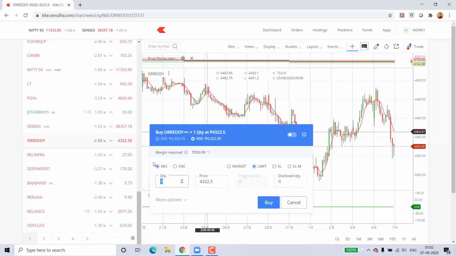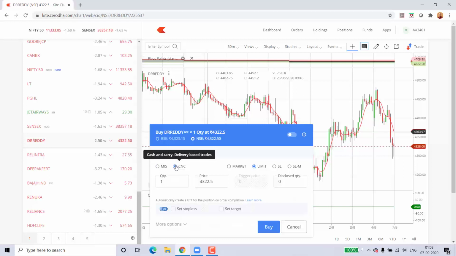Now here it shows as MIS. MIS means margin intraday square off. What does margin mean? It simply means that if you have got 100 rupees in your account, you could take between 3 times, 5 times, or sometimes even 10 times the trade with extra leverage, which it says. So even if you might be having 1000 rupees, you could trade sometimes, depending upon what is the leverage which is offered, up to 3000 or 4000 rupees exposure, also sometimes even 5000 rupees exposure.